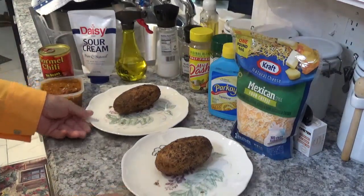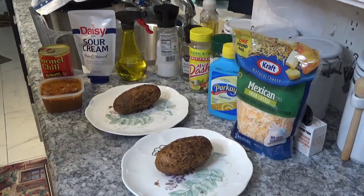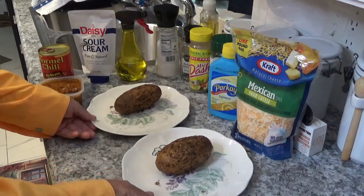Okay, now here they are. I know one of these is a couple of ounces more than the other, but now after you take them out, you can't hardly tell which one's which. So anyway, I've got some of this